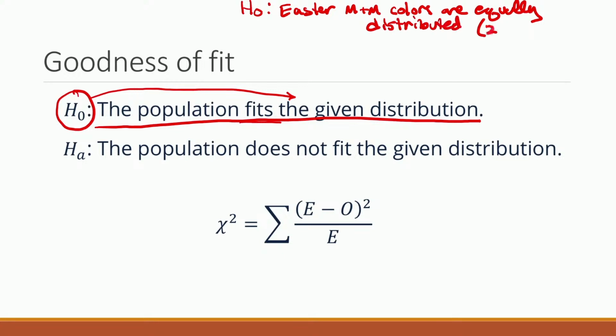And I'll just put in parentheses, what I mean by that is 20% each. You'll notice that there are 5 colors, 20% each, right? So that's what I want to test. That's the null hypothesis. That's what I mean by this. So you're going to have to actually think about how you word that. It's not going to be symbols, sadly. It's going to be just as bad for me as it is for you because I have to read your words. But anyway, getting back to this, the alternative is that